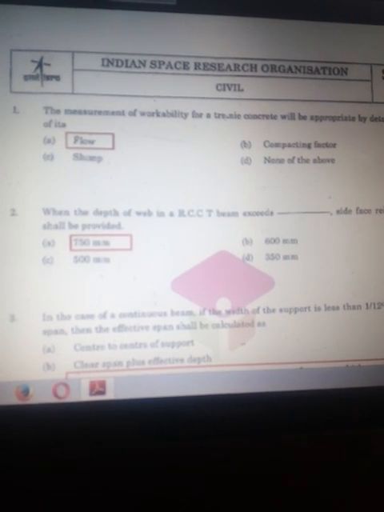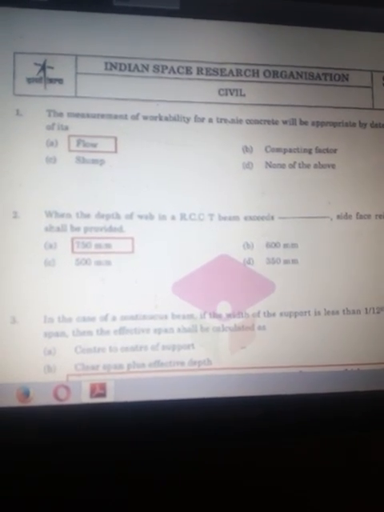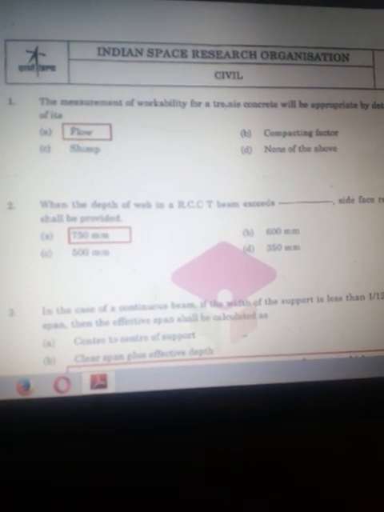Hello friends, today I'll discuss the questions which came in the Indian Space Research Organization exam in 2019, 10th March. Okay, so here the first question is